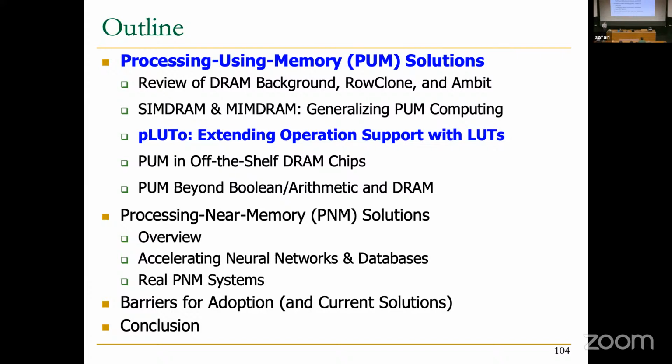Okay, I'm going to try to finish up quicker so we can go for lunch, because the second part is going to be in the afternoon. So I'm just going to conclude this processing-using-memory portion. As a review, we were able to do data movement operations in DRAM, Boolean operations and arithmetic operations. But there is a different type of operation that I didn't mention yet, that you're not able to do using this type of substrate, at least not in a good way. Does anyone want to give it a try to figure out what it is?